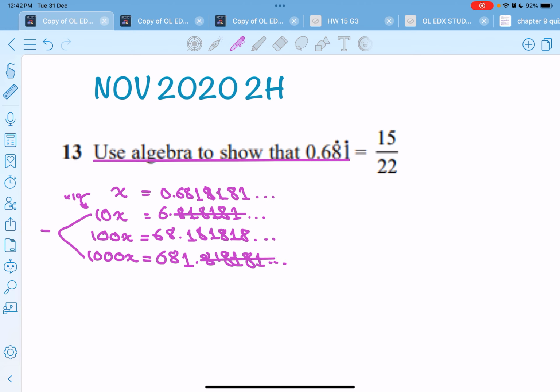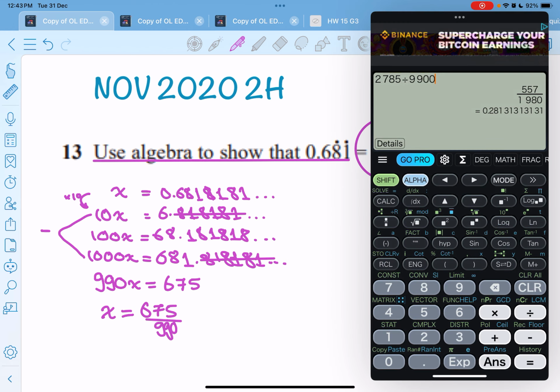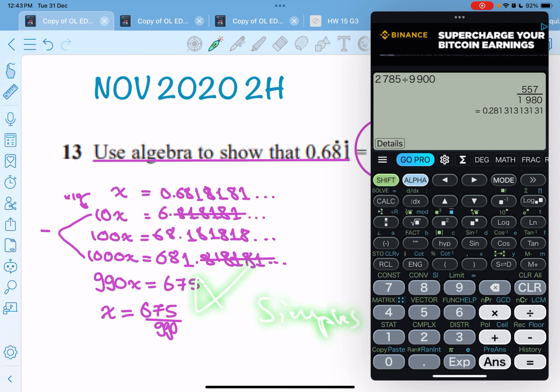So 1000x minus 10x is 990x, which is equal to 681 minus 6, which is 675. So x is equal to 675 over 990. Doctor, it's not the same as 15 over 22. No, it's going to be the same, because this needs simplification. This is not the simplest answer. There is a common factor between them that's going to make it